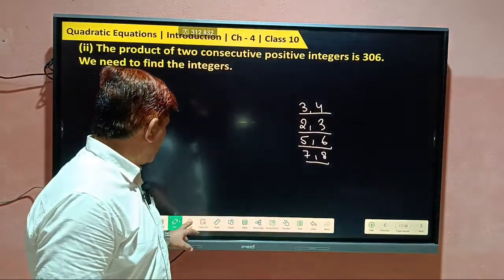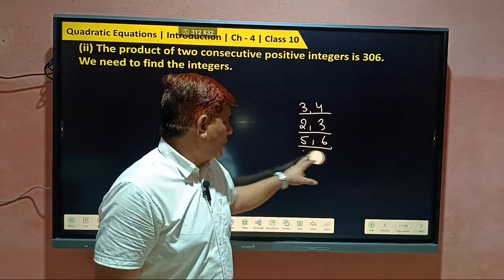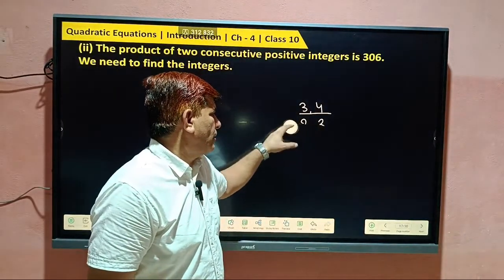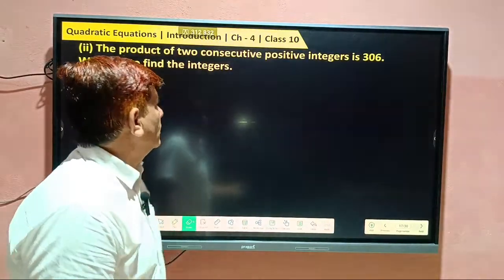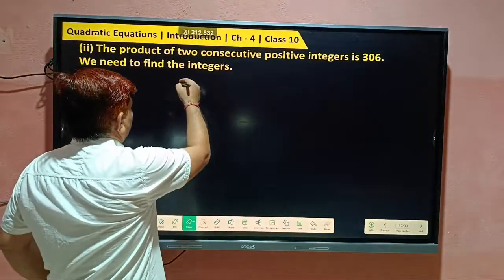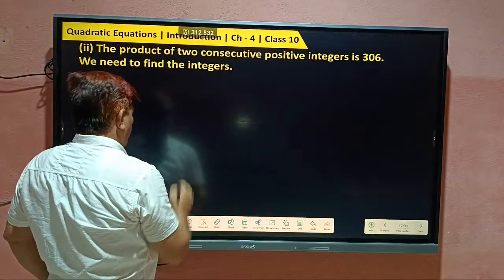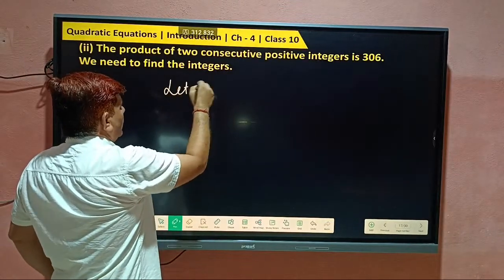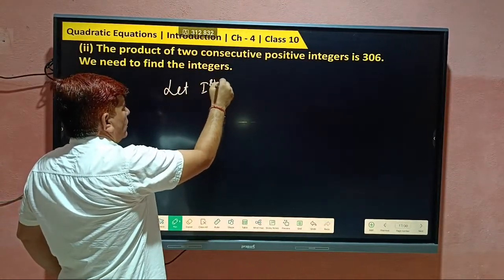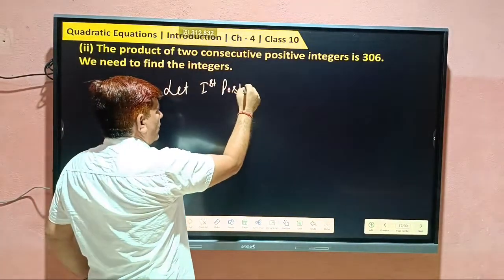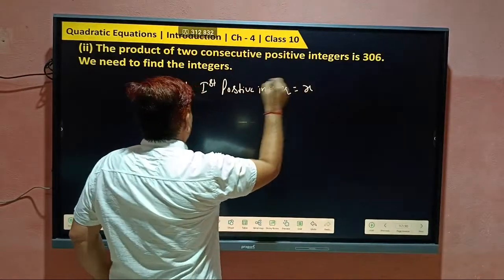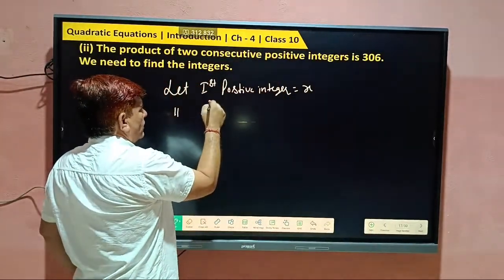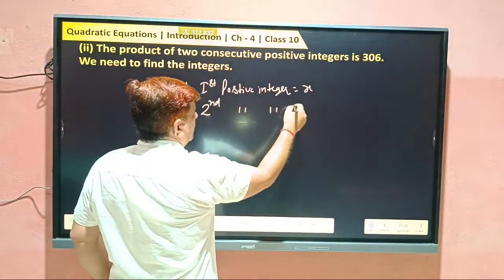Understood? So what you can say? Preceding number and the succeeding number of the preceding number. Let the first positive integer be equal to x. Let the second positive integer be